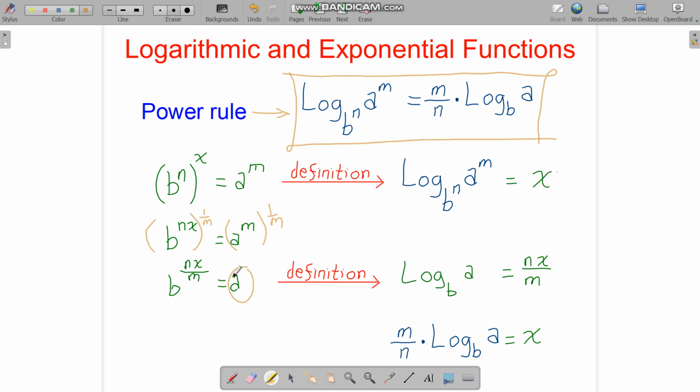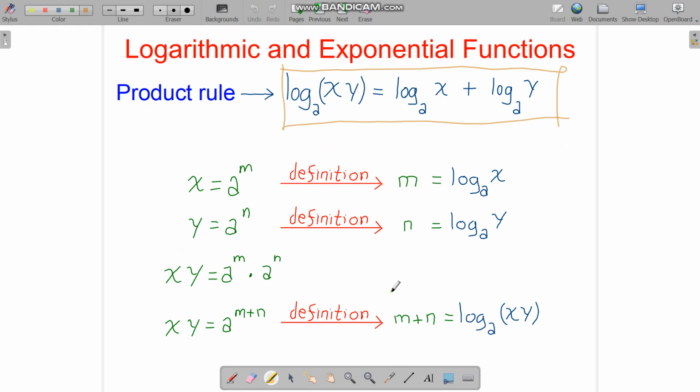So on the right we have a only, on the left we have this, and again we use the definition. This means log a base b equals this, or if we just multiply both sides by m over n, they cancel out. And if we multiply by m over n, of course, on the left we have the formula,